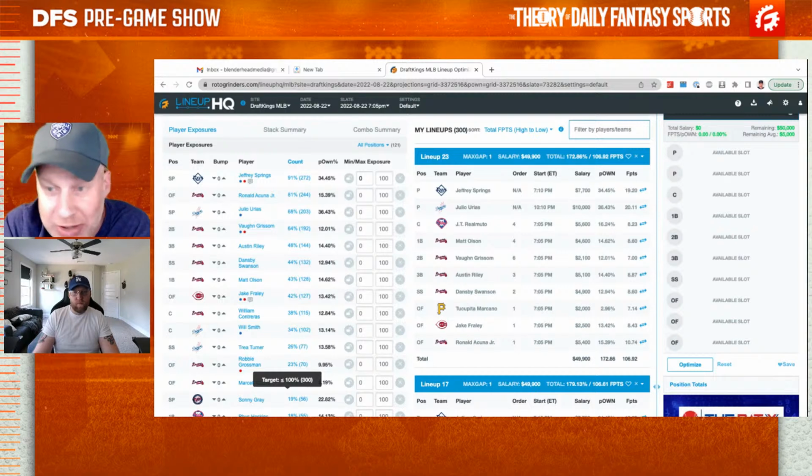And if you're like, nope, I'm more confident that this team is so underowned, or this pitcher is so underowned, that I just want to play him in all 3 of my lineups, then good for you. If you think those are the best 3 lineups you can build, then you live and die by that. Okay, that's perfectly fine. So that's why getting away from thinking in terms of exposures and thinking in terms of lineups